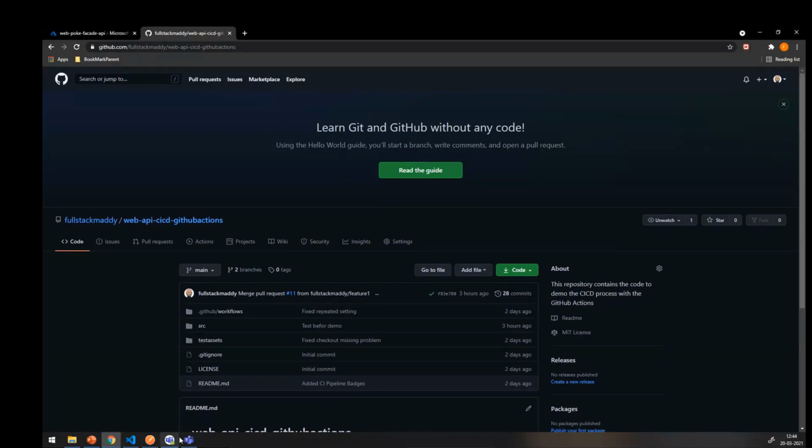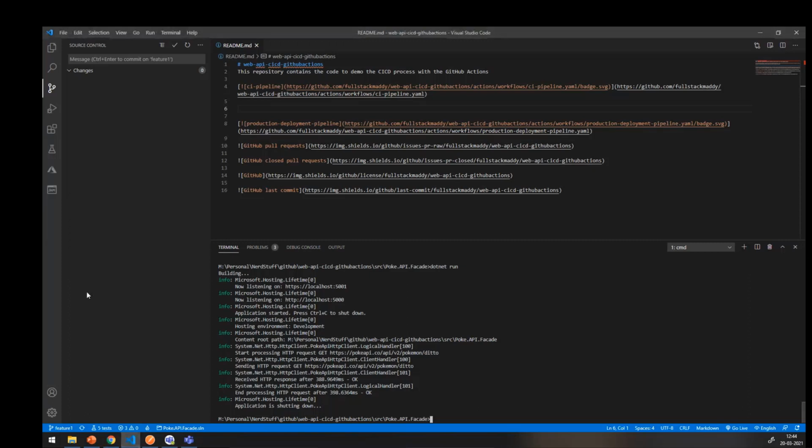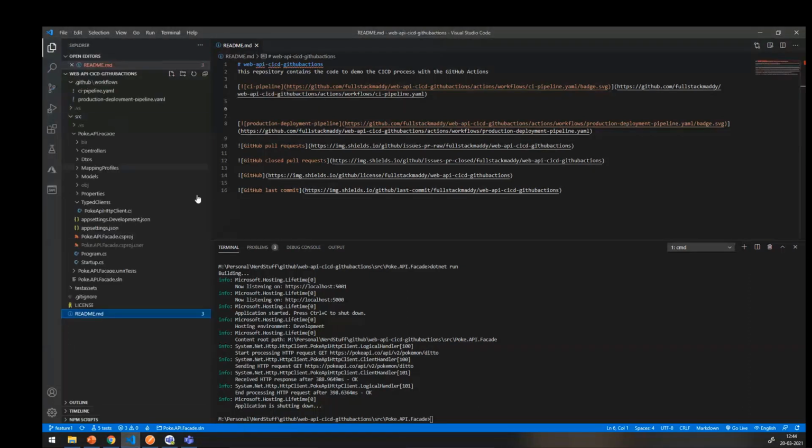So the code that I've created today for our demonstration is basically a simple web API. What this web API does is there is this very famous web API called the Pokemon web API, which gives you details about the Pokemon used in the various Pokemon games. So what I have done is I have written a .NET Core web API which acts as a wrapper over it and exposes a facade for the Pokemon web API. So if I have to show you how this works,